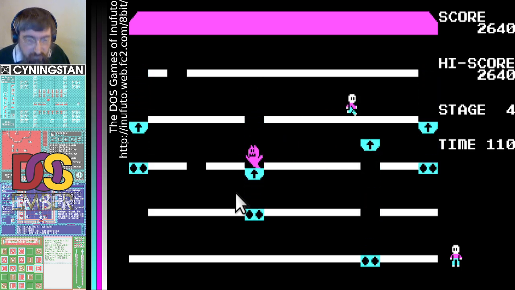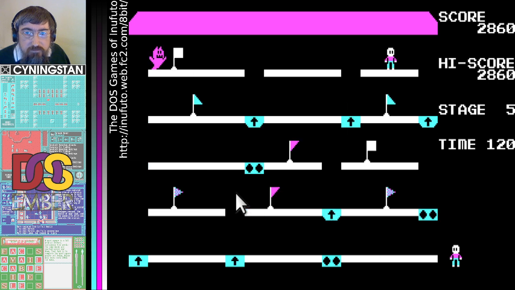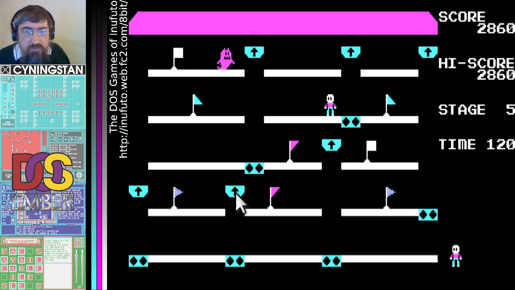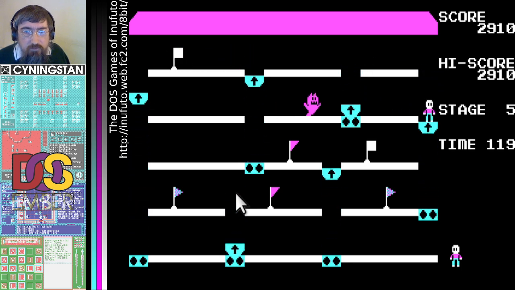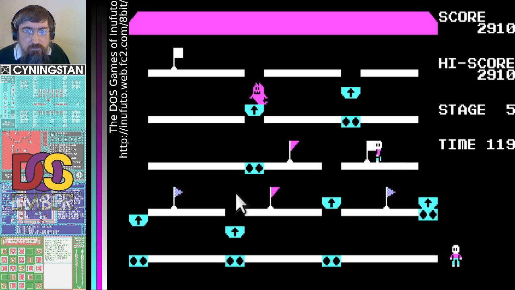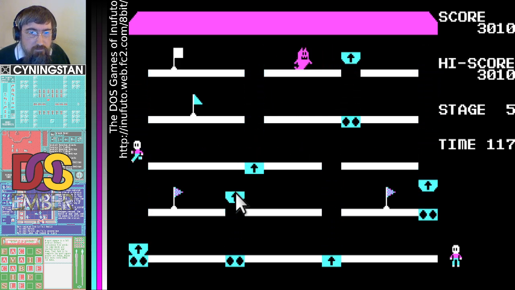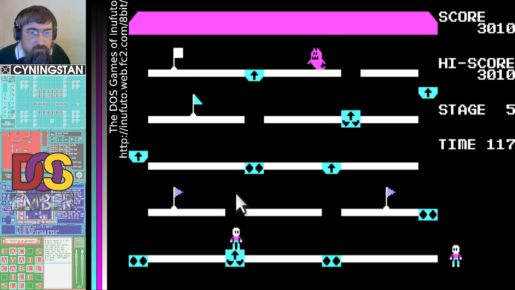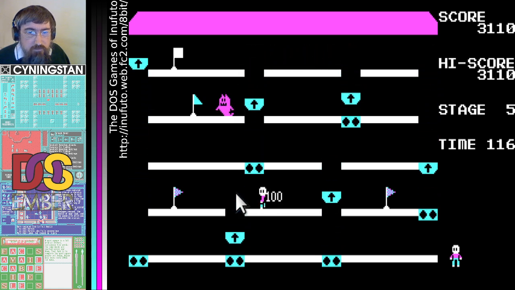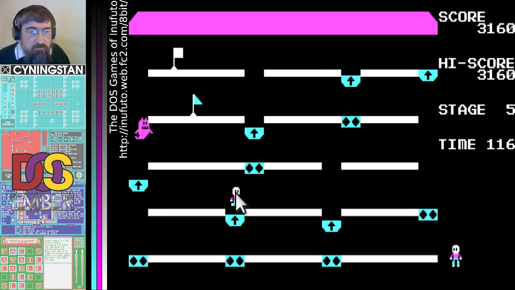Okay, I might be getting the hang of this. Right, where am I? I'm at the top. That's not exactly helpful. No, that wasn't helpful either. Oh, that was a shame. Yay, I managed to get the flashing one.